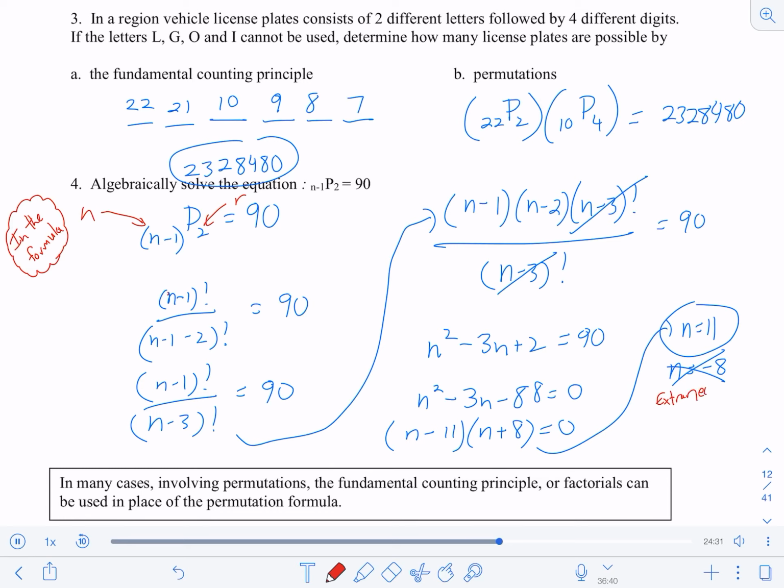All right, we've done some permutations with restrictions and repetitions before, but not with